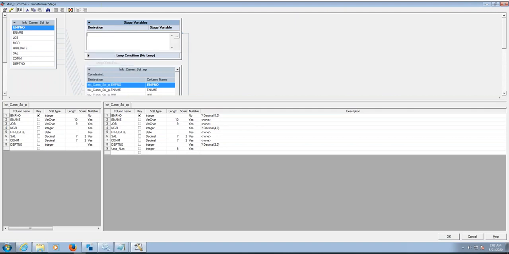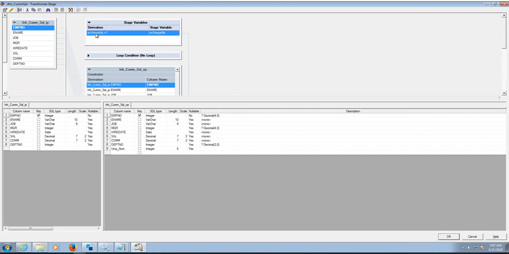Go to the stage variable and add the initial value 0. I need to add a unique number, like generating numbers in sequence order, like a surrogate key. So I have given 0 plus 1. For the first record, it will be 1, right? For the second record, 1 is already stored in the stage variable, that is SV unique number.